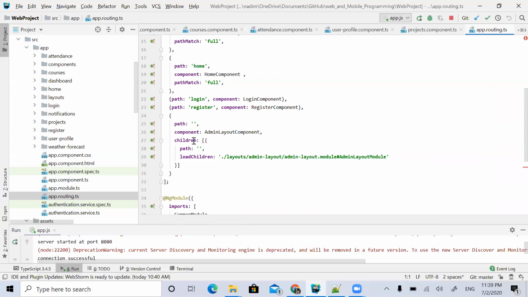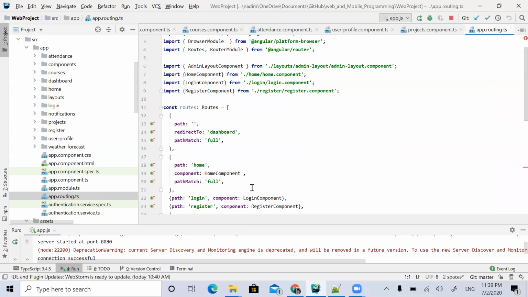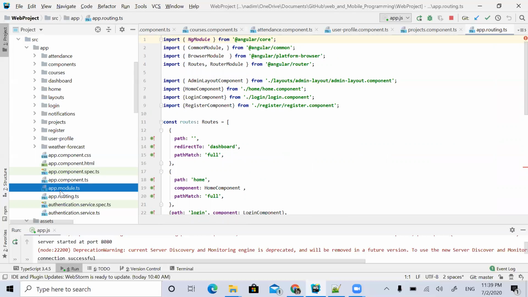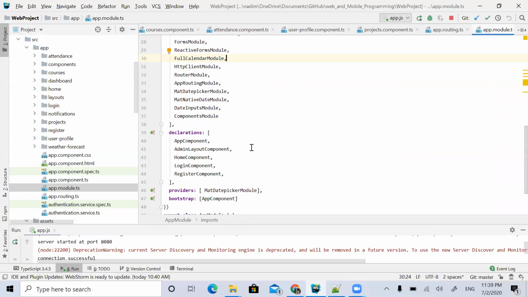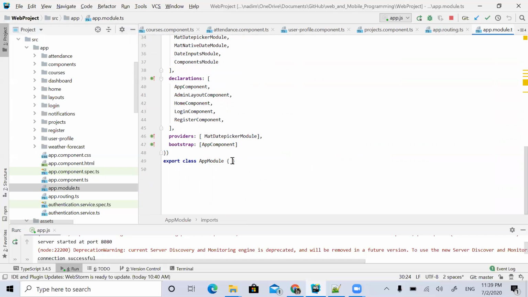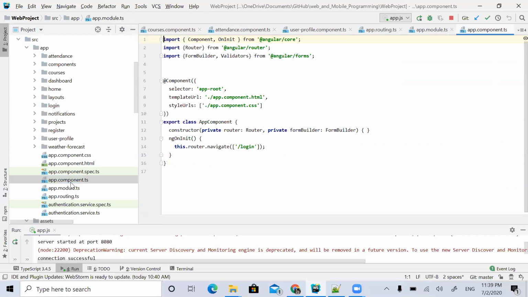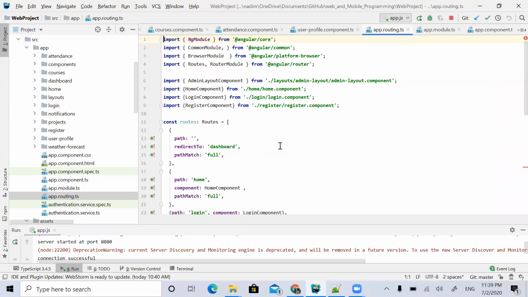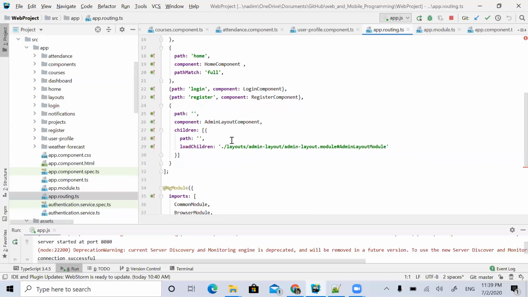In the dashboard I have created some button components in the navbar, and for that I am using the child routing concept. All the paths are defined in the module, where I have imported and declared all the components. That's the stuff I am using from the load children component.